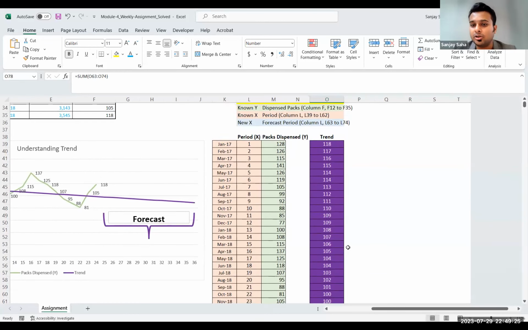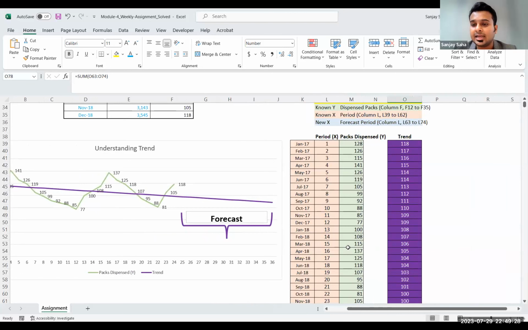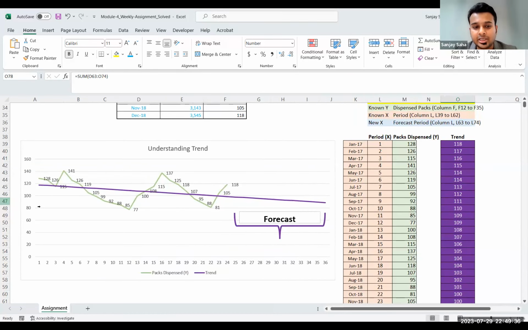And the final question was, how does the trend line look? Is it an upward trend? Is it a stagnant trend? Downward trend? Or there was another option probably. So if you see here, the trend line is going down. Slowly it's going down. So it's a downward trend, which means that the demand of this product is decreasing month